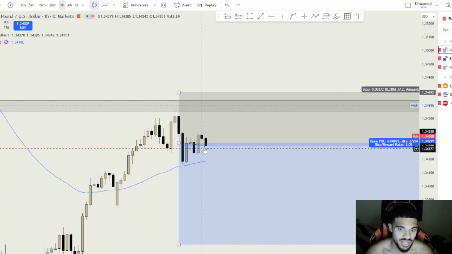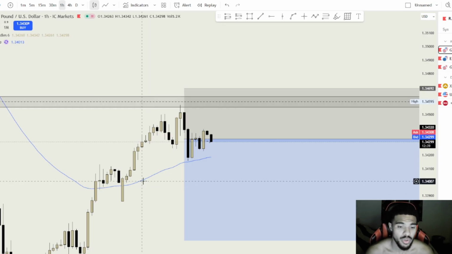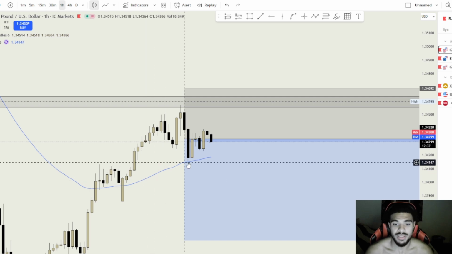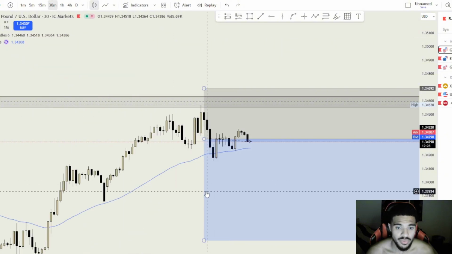But it's safe to say that price could potentially keep dropping. We are out of session at the moment, so I'm not in London or New York, so I wouldn't be taking a trade. But yeah, safe to say you'll be able to see it live, and you can have a look at the chart yourself and see if it has gone down or not. But I will be looking for sells on this market.